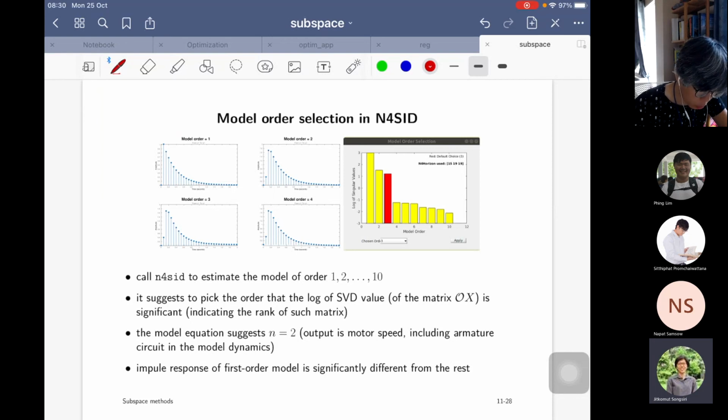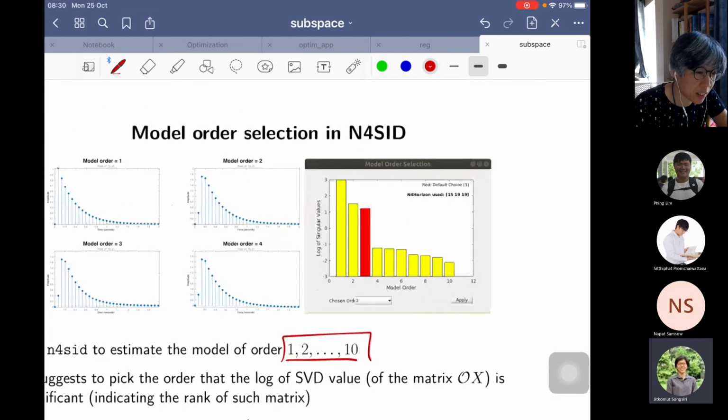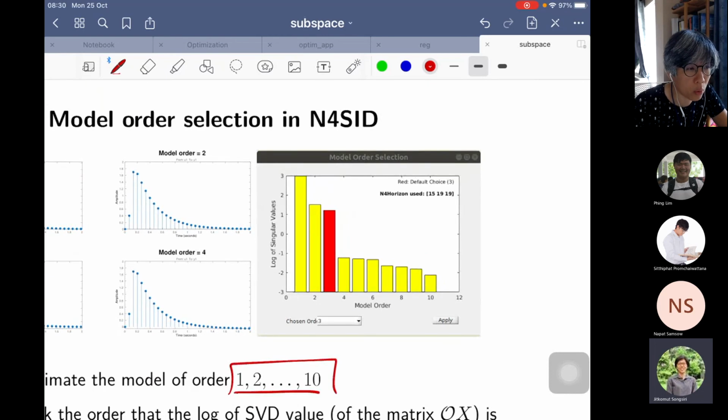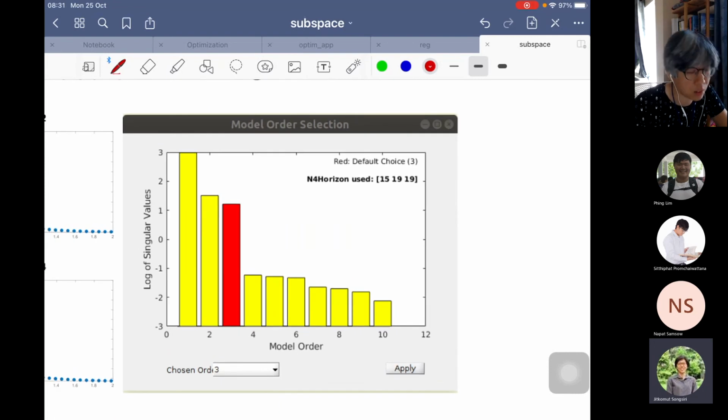When you call S4 SID to estimate the model order in some range, 1 to 10, the method will show a window that suggests a quantity associated with the model order, which is the log of the singular values of a certain matrix. I will explain it later, but let's just say at this step